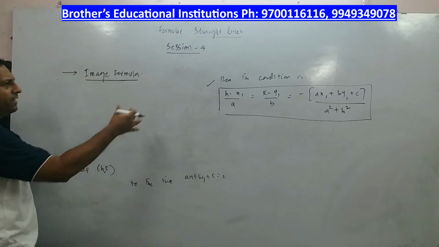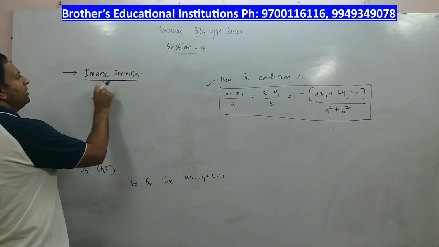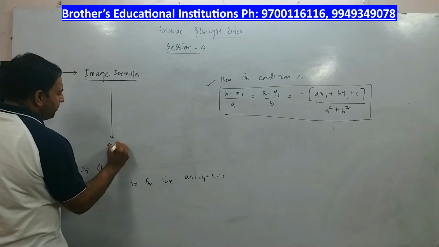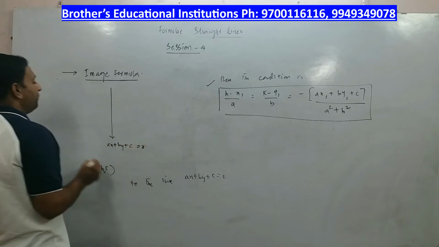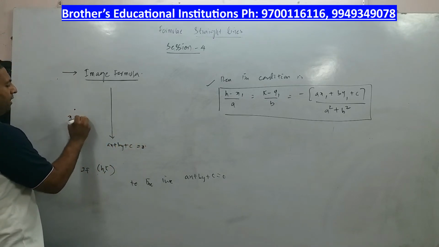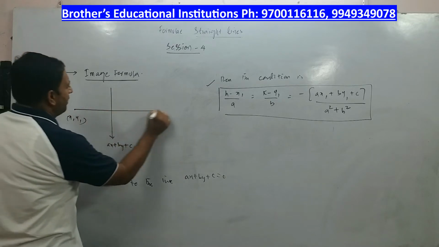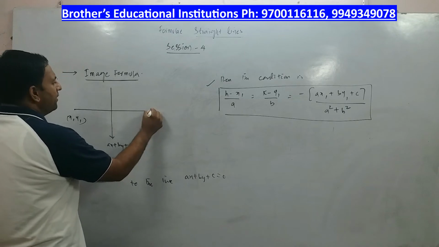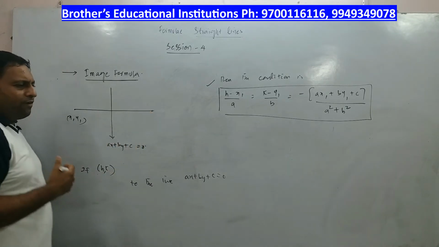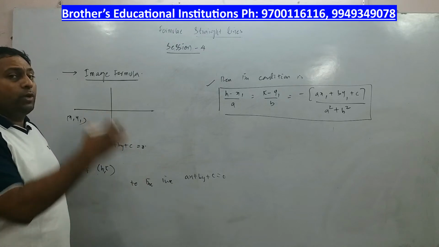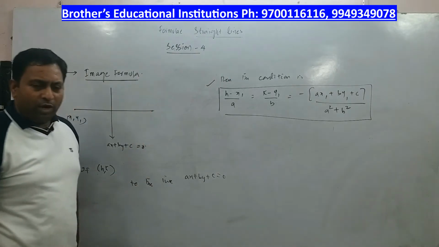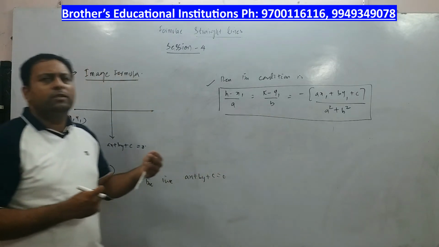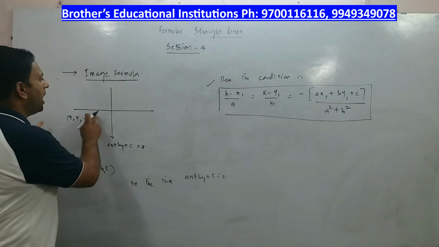See how simple it is, certain things I have kept like that only. What is image formula? Let us say there is a line whose equation is ax plus by plus c is equal to 0, and there is a point x1, y1. For this point x1, y1, this distance should be equal to this distance, is it not? When you look at yourself in front of a mirror, if you are 5 feet away from the mirror, your image will appear 5 feet inside. If you are approaching the mirror, the image will also approach the mirror from the other side. So these are of equal distance.